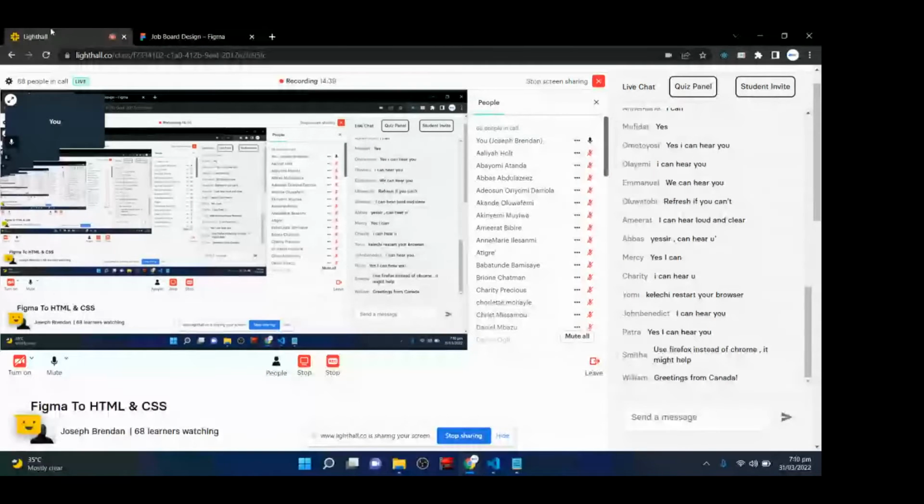So in this class, the way I am going to teach this course is this: I will like to relate design in Figma with topics in HTML and CSS so that it can be understood easily. Like, what I mean is this: when I bring up a topic in HTML, I would go to Figma and show you what that topic is in Figma. Like if I talk about padding in CSS, I would go to Figma and show you that padding,